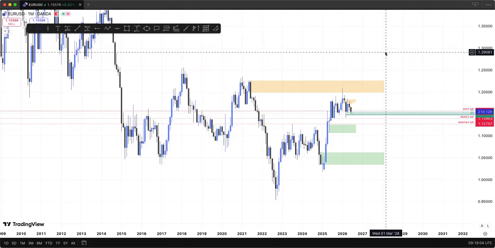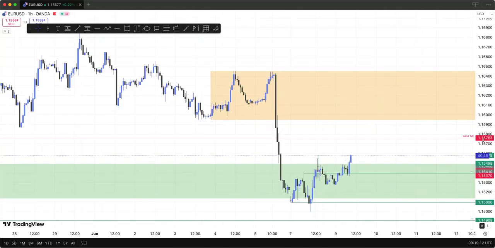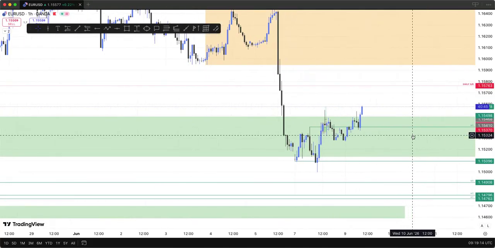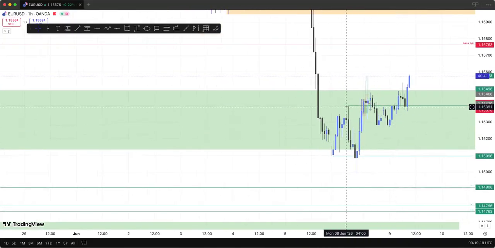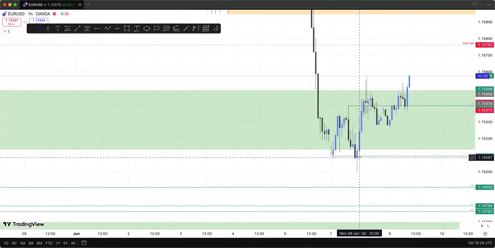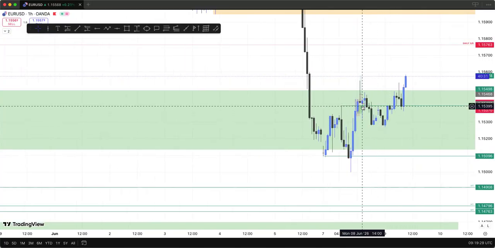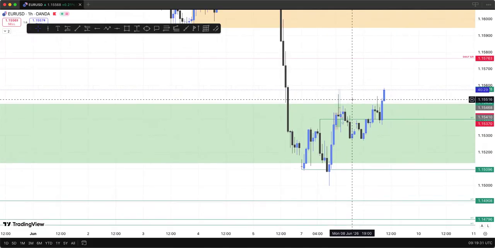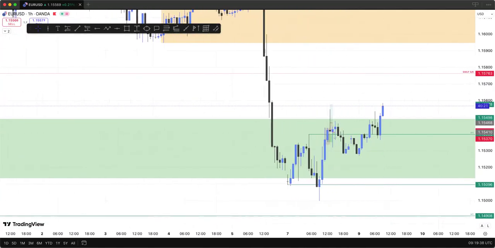Okay, so with EURUSD, as we were anticipating yesterday, we were anticipating for price to break this, invalidate this high, or continue this bearish move. And price ended up invalidating the high. So we are still in our bullish bias. And our next area for price